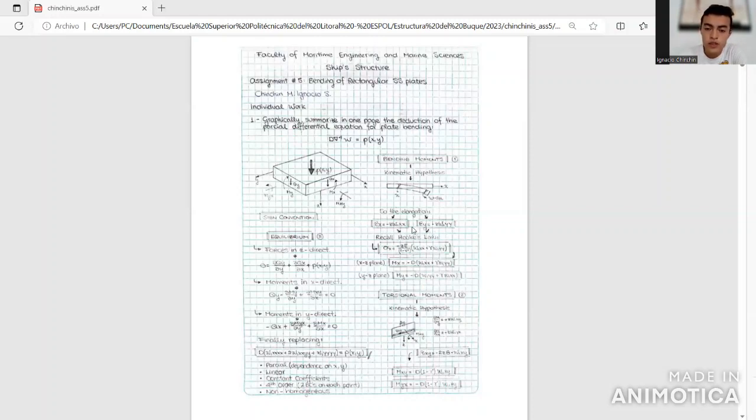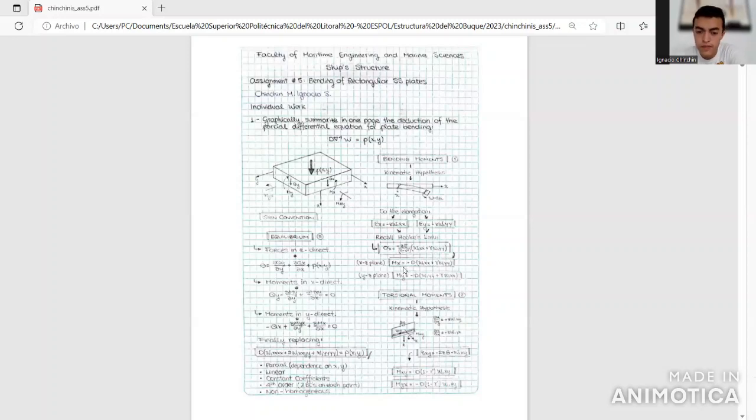With these two expressions, we apply Hooke's law for isotropic materials, so we can express the normal stress in x in terms of the strain in x and the strain in y. In the same way for the normal stress in y, we can finally calculate the moment in x